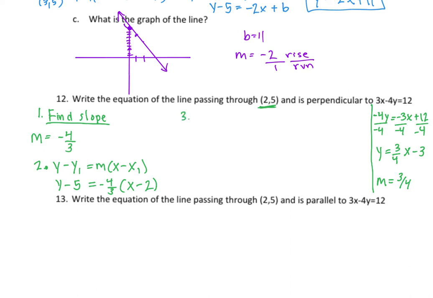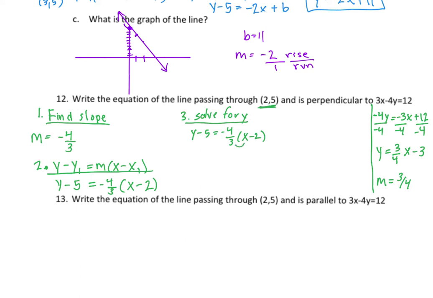Now the last thing we need to do after we put all the information into point-slope form is solve for y. That's probably the hardest part of these problems. So if we do have y minus 5 equals -4/3 times (x minus 2),